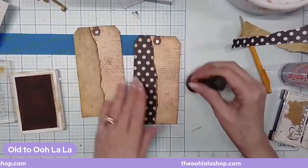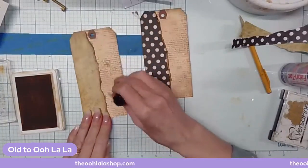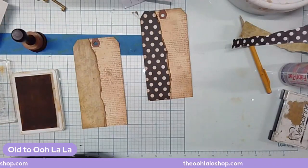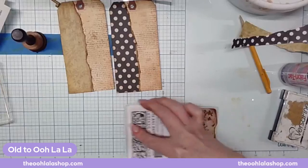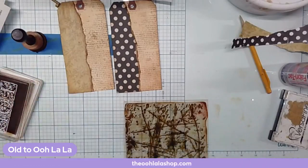Okay. Oh, these look good. I'm happy. That looks good. Let's get vintage textures. Where are you? You know I'm going to use it, you guys. It's just silly to think I'm not going to. Let's do this. Let's blot it